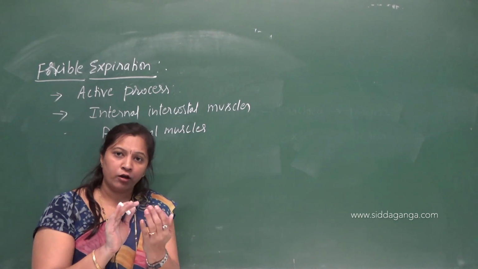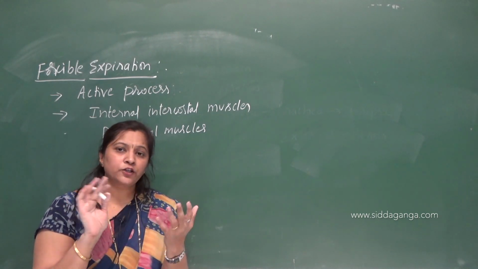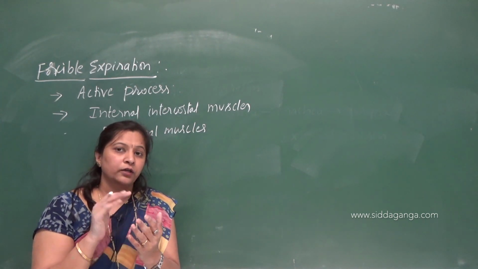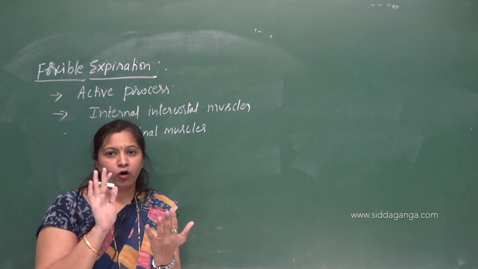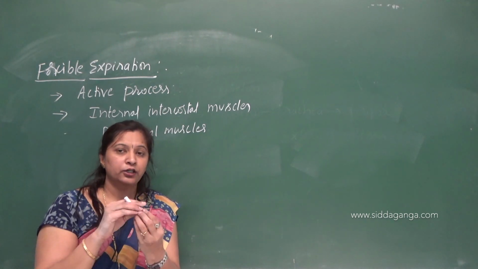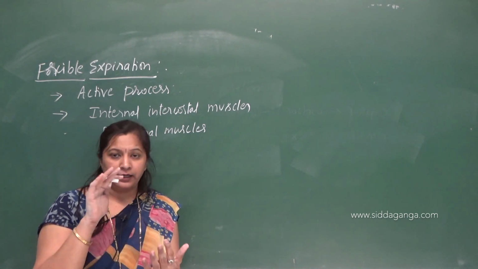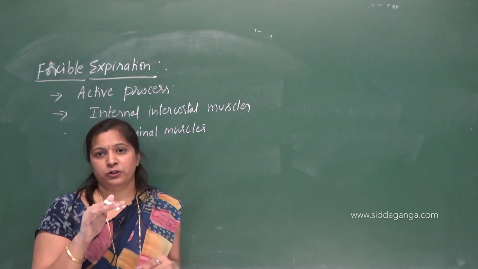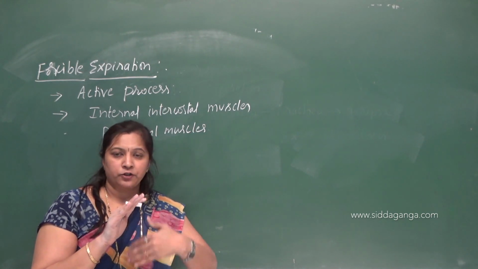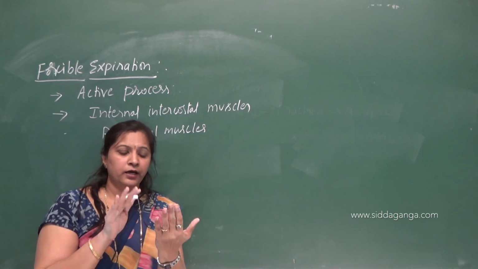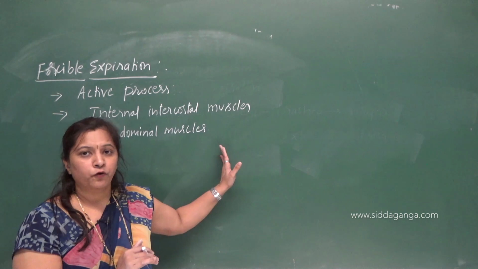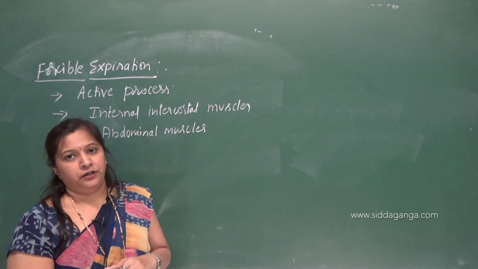Intrapulmonary volume also decreases. So when the intrapulmonary volume decreases, what about intrapulmonary pressure? Does it increase or decrease? When the volume decreases, intrapulmonary pressure increases. So the intrapulmonary pressure now becomes higher than the atmospheric pressure, so the air will move from a region of higher pressure to a region of lower pressure, and the air present in the lungs is expelled out. So this is forcible expiration.